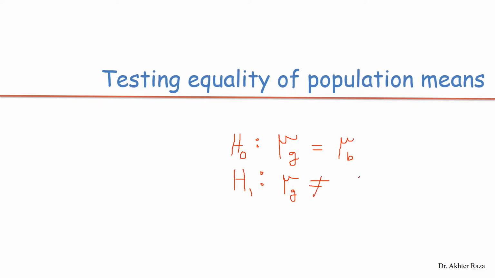Or we may have a claim from the girls that the boys are getting higher marks, or boys are claiming that the girls are getting higher marks. There may be two other possibilities according to this H1. But initially our concept is how the means of the two populations can be compared. This can be done by using the Z or T test. So in this presentation, we will cover the implementation of comparison of two means by using the Z test and the T test. That is the idea.